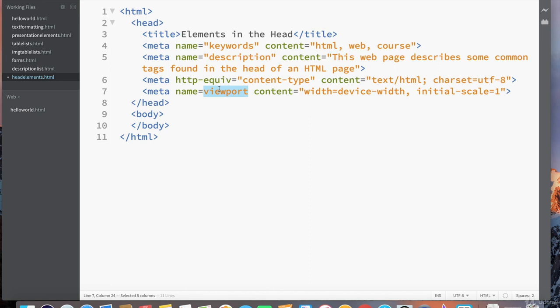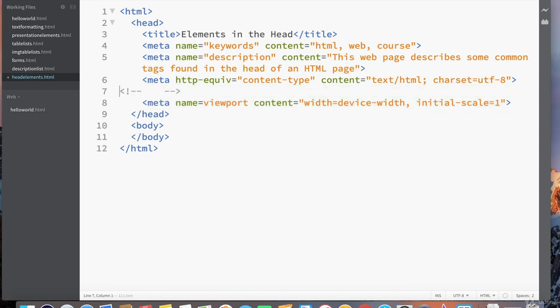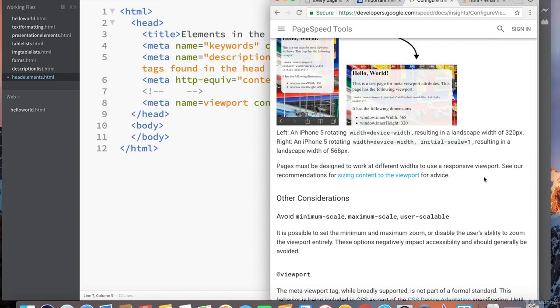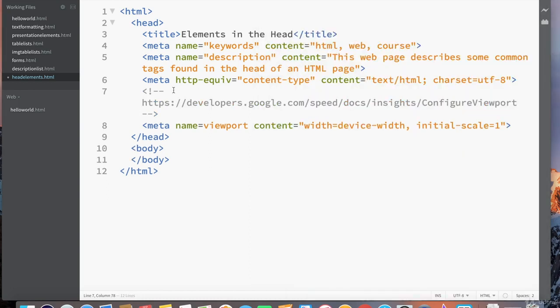And a discussion of variables is outside the scope of this course, but just know that when an HTML web page is created, there are certain variables like document and viewport that are automatically created by the web browser that we can call. For more information about this particular meta tag, I would recommend visiting Google's developer page that discusses this on